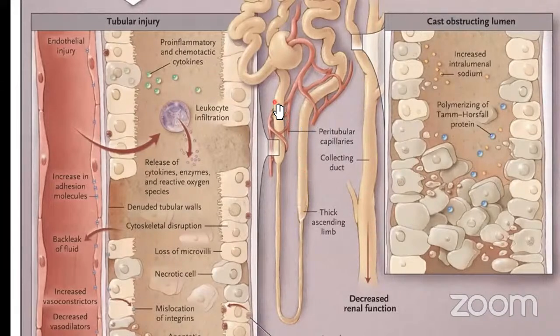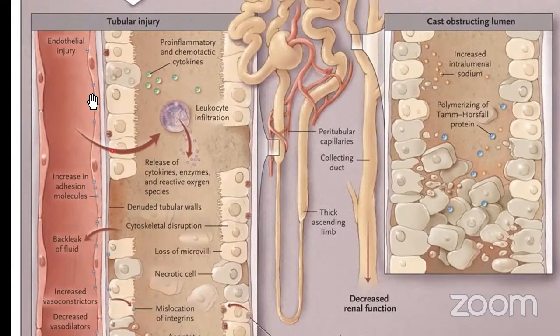Now, the S3 part of the proximal convoluted tubule and the thick ascending limb of the loop of Henle are actually in the medulla compared to the cortex. Now, at any one point, even as we sit and talk right now, the medulla is relatively hypoxic compared to the cortex. So any disruption, remember, we have the RAS activated, vasoconstriction activated, it affects the medulla more than the